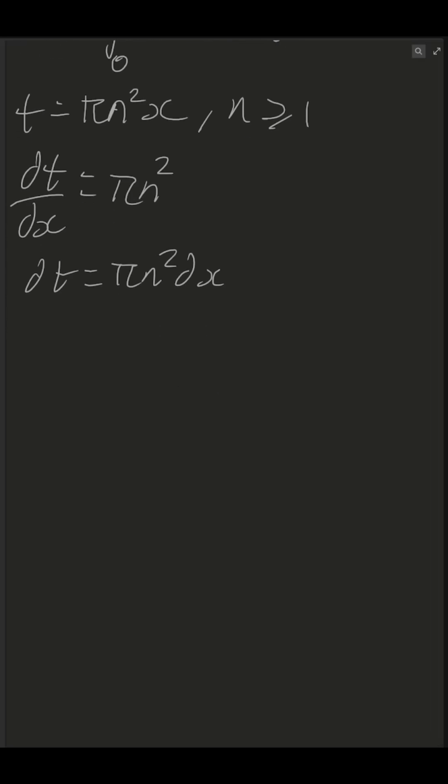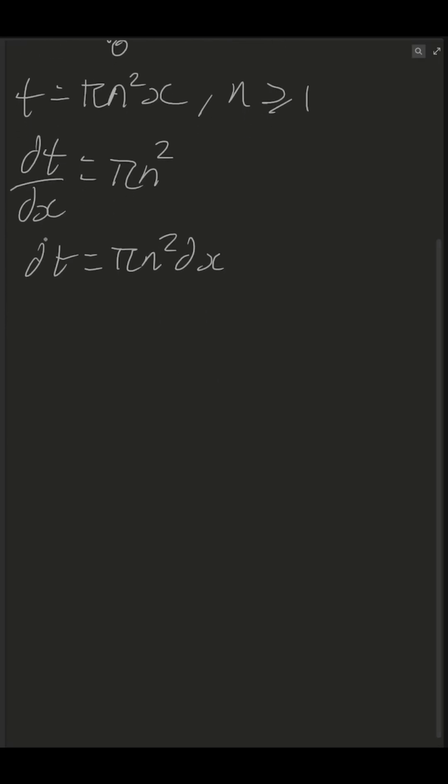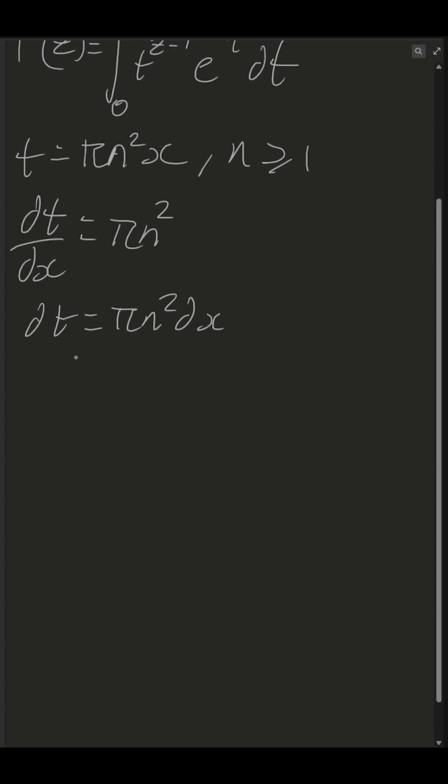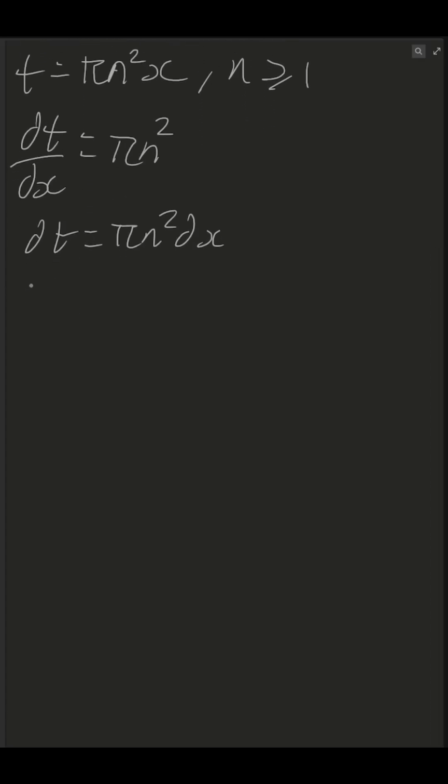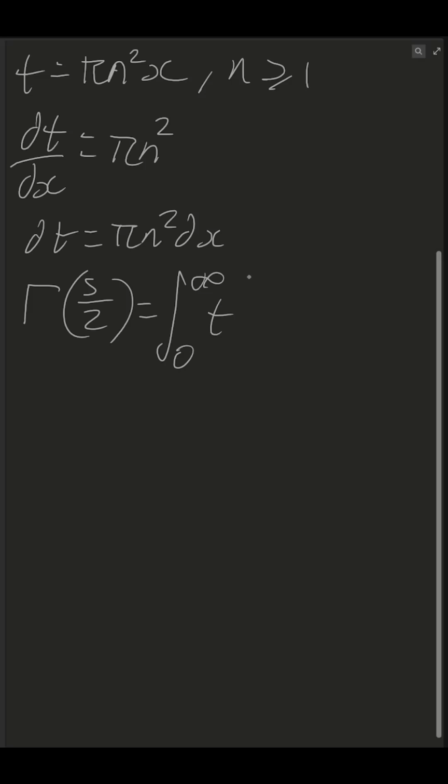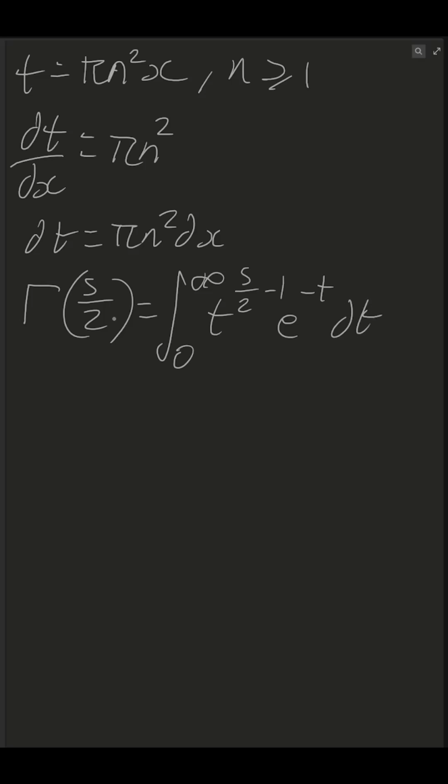And now we can sub this in. So if we sub this into gamma of s over 2, the integral from 0 to infinity of t to the s over 2 minus 1, e to the minus t dt,